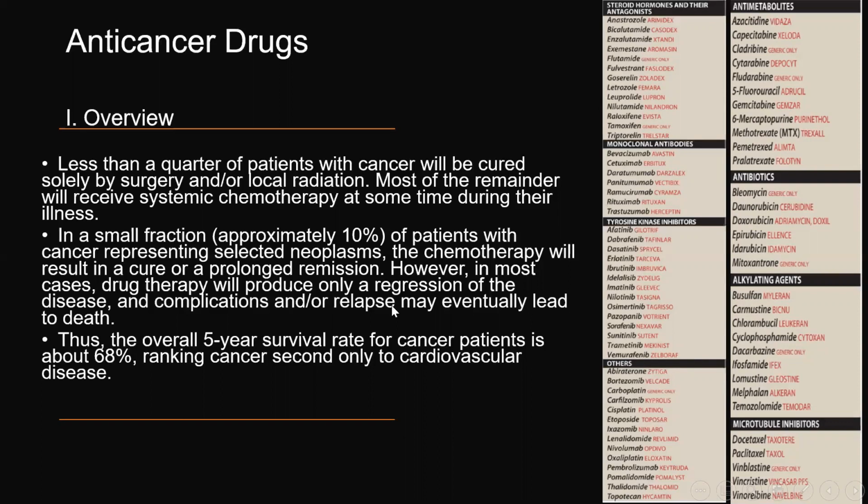They only get a regression of the disease for a while, and may die from complications or relapse of cancer. Also, in addition to all these, in a time period of around 5 years, 75% of patients with cancers will die either from cancer or from the adverse effects or complications of chemotherapy. So it is now ranked in the second position after cardiovascular diseases. These are just some statistics about cancer and its treatment with chemotherapy, just to know the importance of chemotherapy